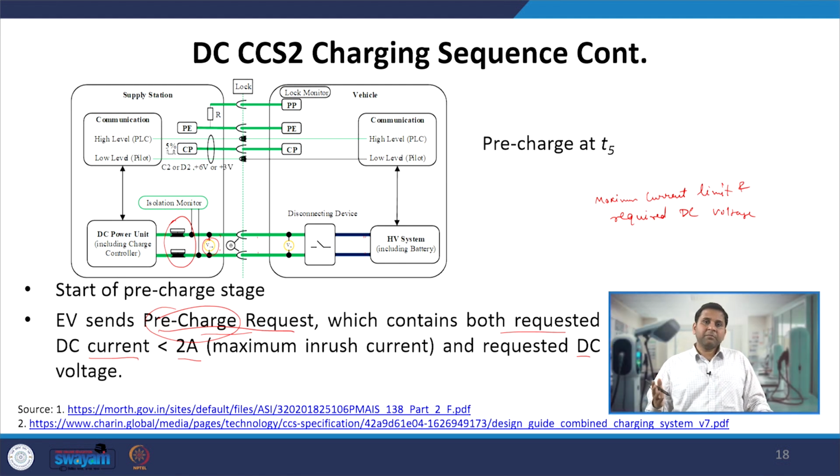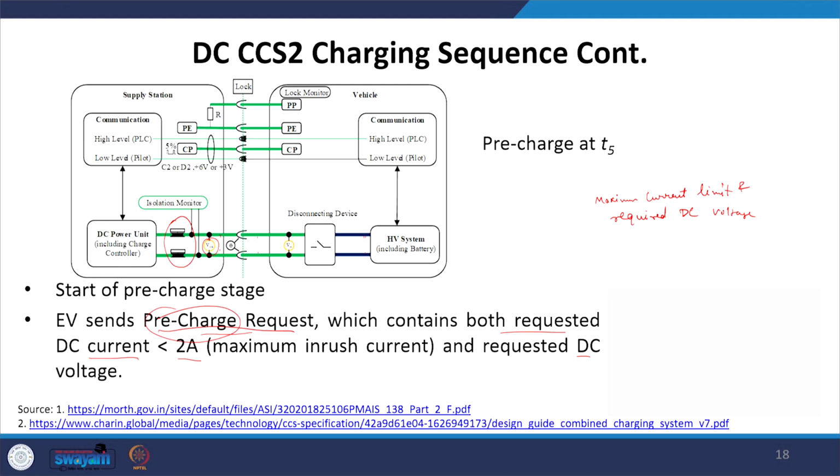Now, the remaining stages we will discuss in the next lecture, where we will see how the pre-charging stage gets completed, and after the pre-charging stage the charging stage takes place, and after the charging stage unmating of the connectors takes place. Since this DC charging is at a very high power level and a lot of information has to be shared between the vehicle and the EVSE, there are many stages of charging and shutdown, which have to be understood in a much more detailed manner, which is also discussed in these lectures.